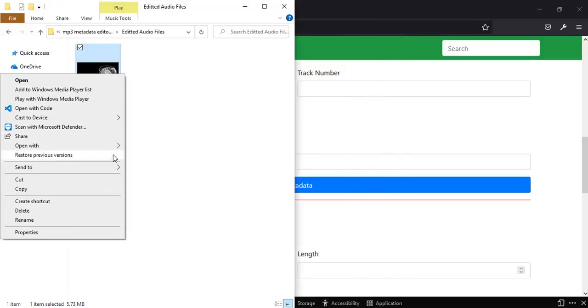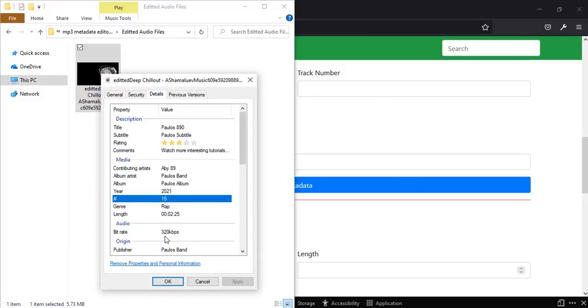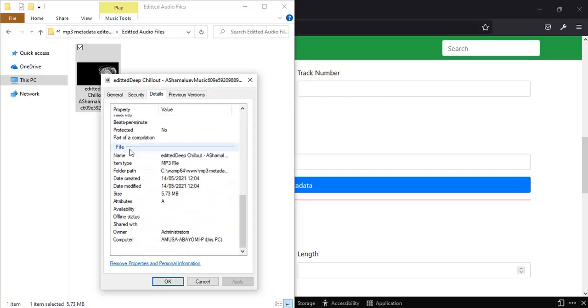So if we see the properties now, I can see follows 890, follows subtitle, watch more for comments, the comment I gave, follows band 2021, also gives the physical info. All right,